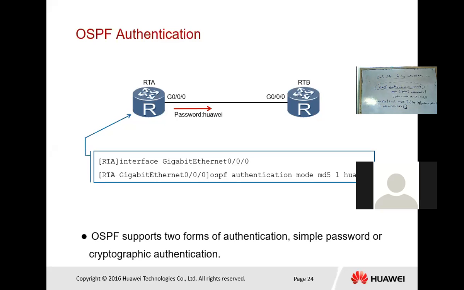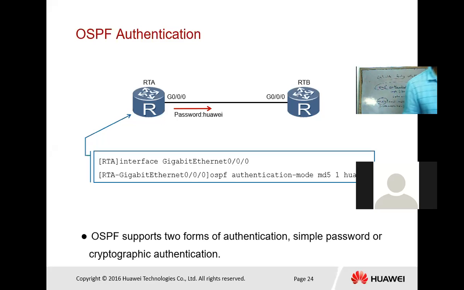So in this case, MD5 represents the cryptographic algorithm for securing authentication over the link. With its configuration, they demonstrate with the given example. The key ID identifies the unique ID of the cipher authentication on the interface. So the key ID must be consistent with that of the peer.